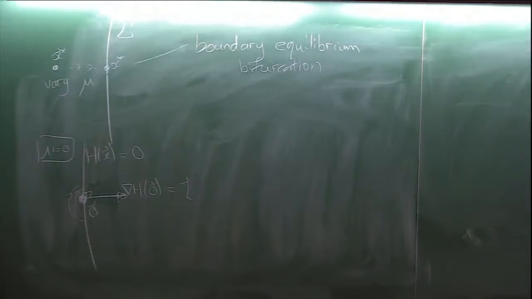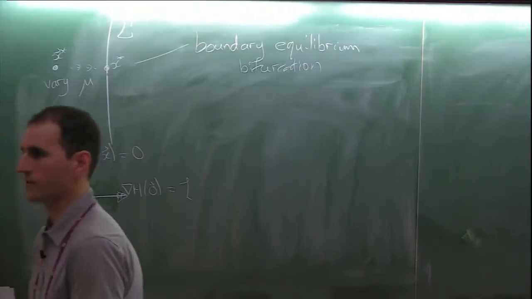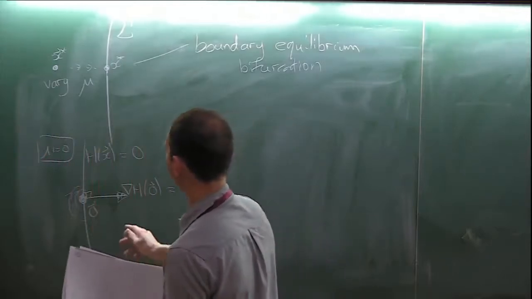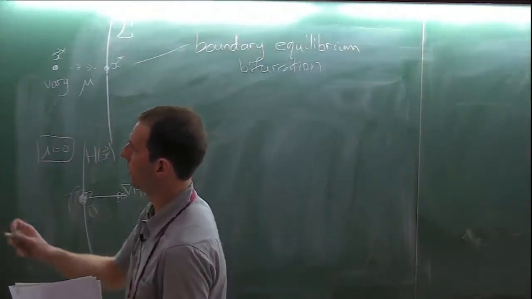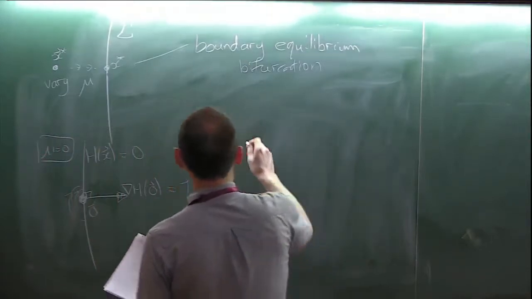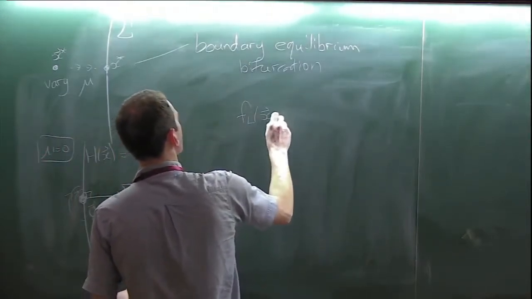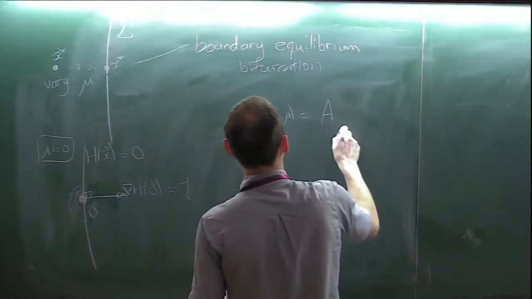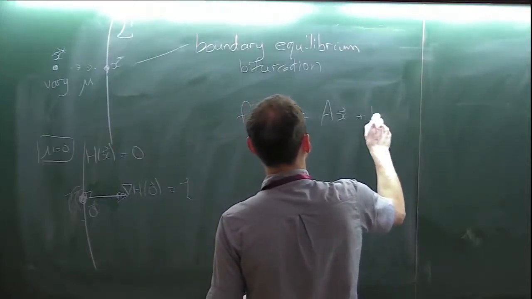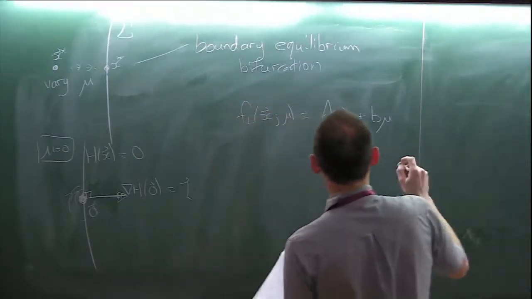Okay, and so with that, I can expand the two pieces of my vector field, FL and FR. I can expand them about x equals 0 and mu equals 0. It's useful to do a Taylor expansion because it's a local bifurcation. I just care about the dynamics locally. I just care about x near the origin. I just care about mu near 0. So f L of x and mu is